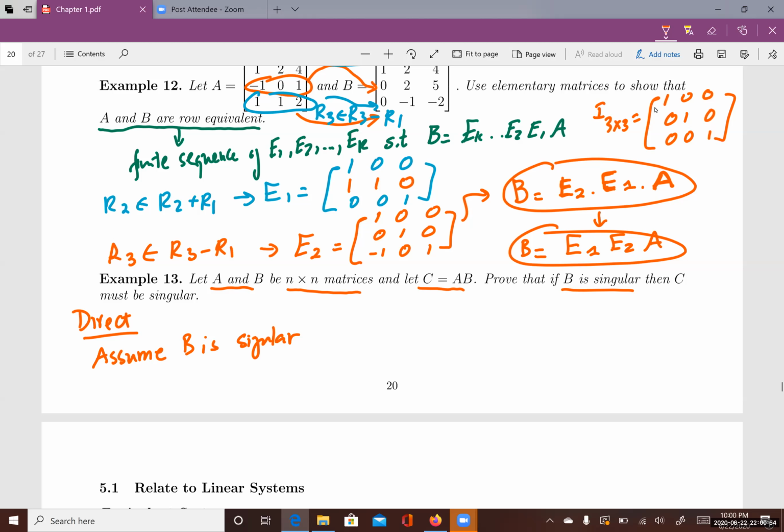So assume that B is singular. It implies that the system Bx equals 0